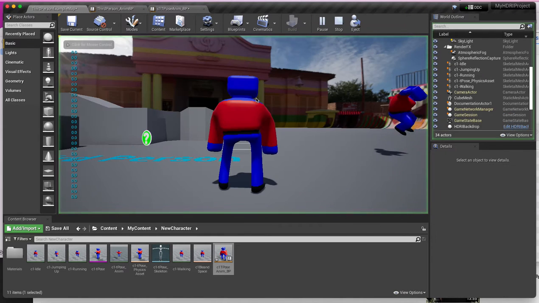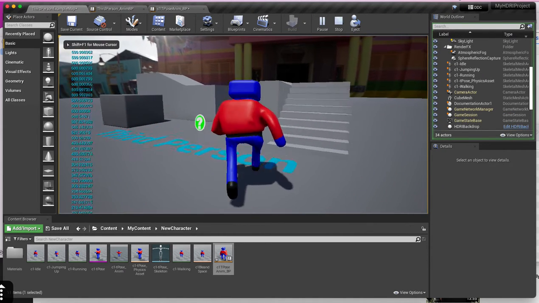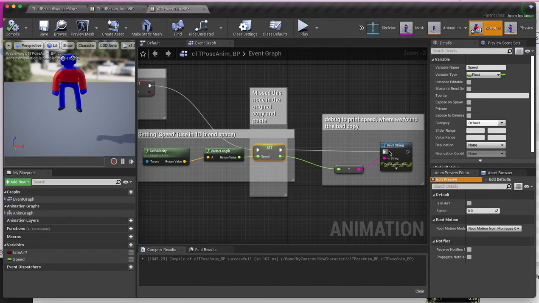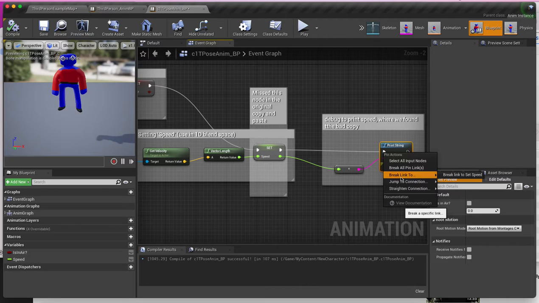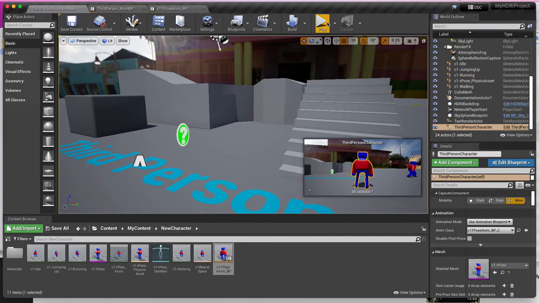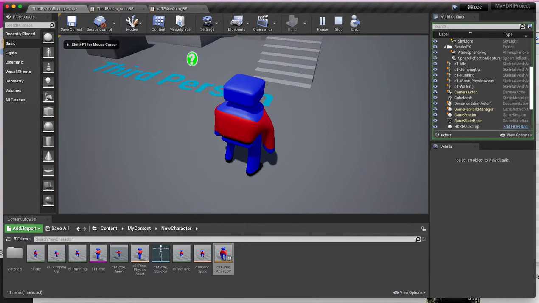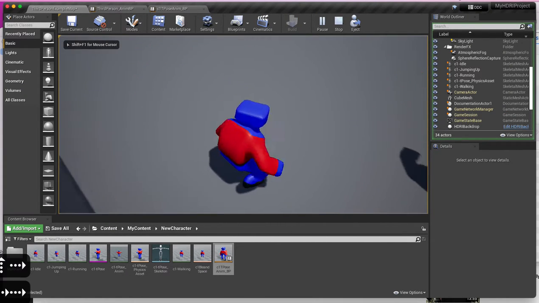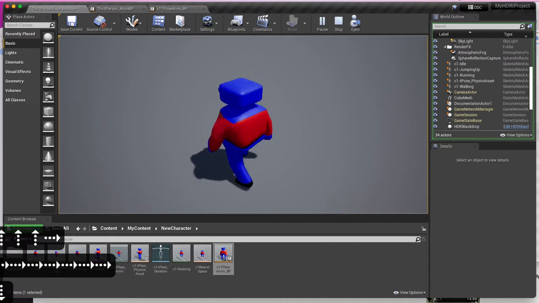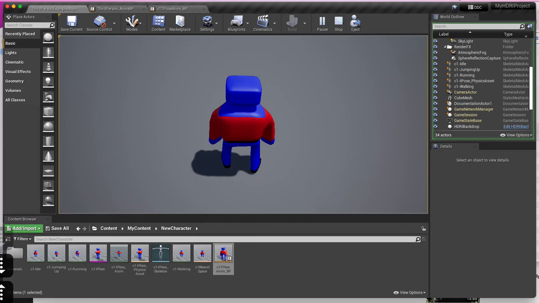So we now have the game running. No, I forgot to disconnect that. So with this, let's leave this in, but again, just disconnect it here. Save it and compile it because we don't need the speed printing out on the side. And now we have the game running around with our character